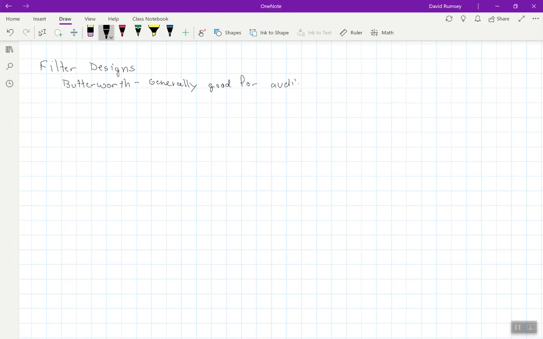The reason is because they typically have a flat pass band, so that we're not getting any kind of weird distortions in the pass band where you might get small bits of amplification going on. All right, so now the assignment was saying that you need to have at least a fourth